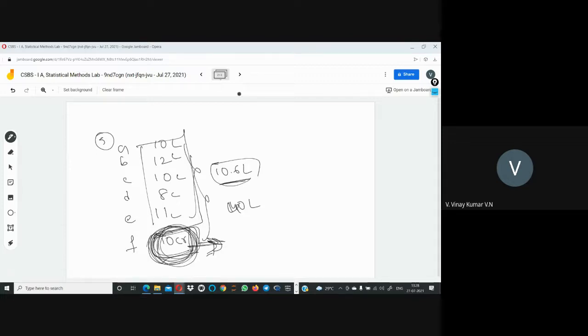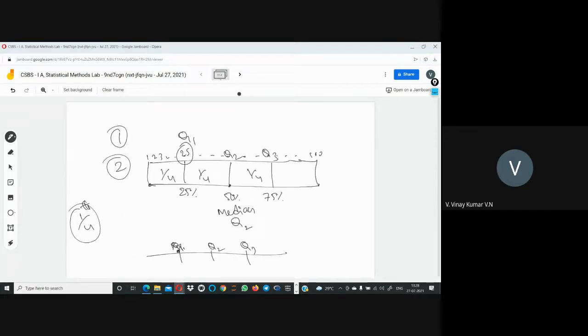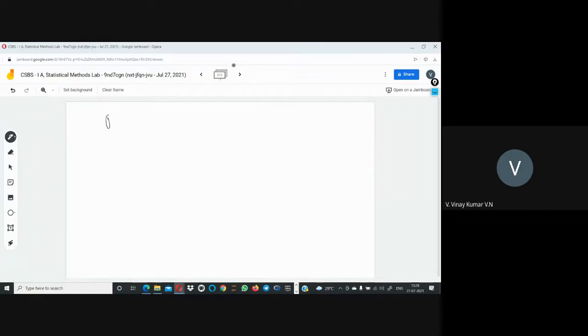To remove this, we use outlier treatment. To get the outliers, first we have to find the quartiles, like 25%, 50% and 75%. Then we have to calculate the IQR. IQR means interquartile range, which is nothing but Q3 minus Q1, that is, the 75% point of the data minus the 25% point. So the difference between Q3 and Q1 is called the IQR.